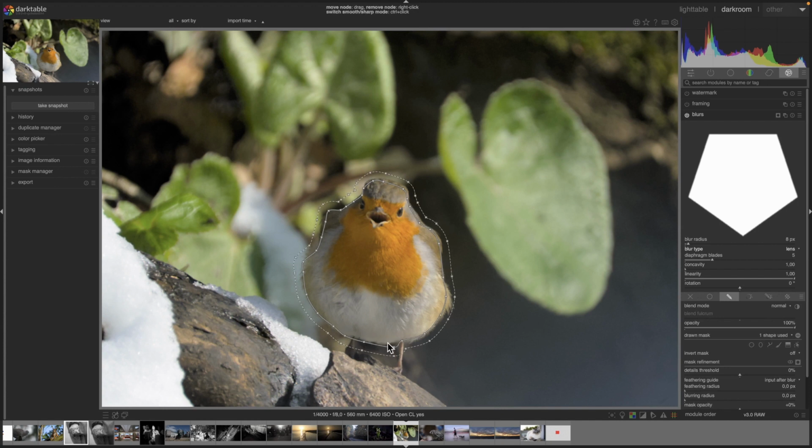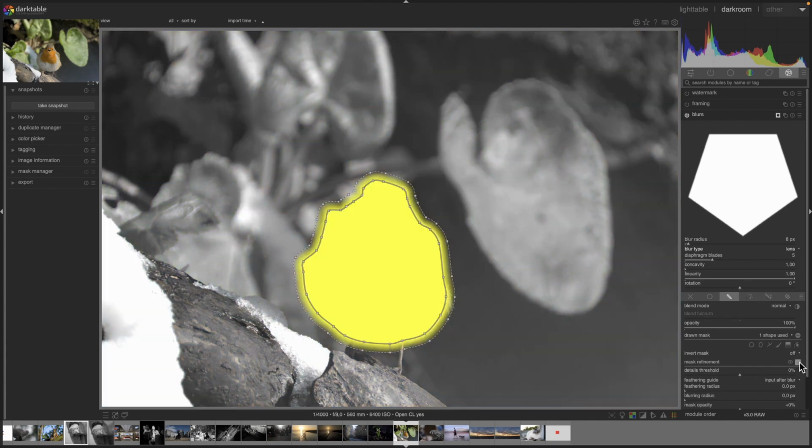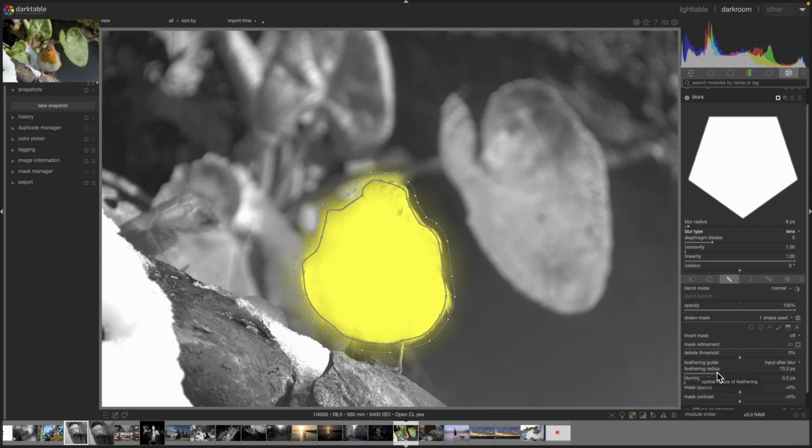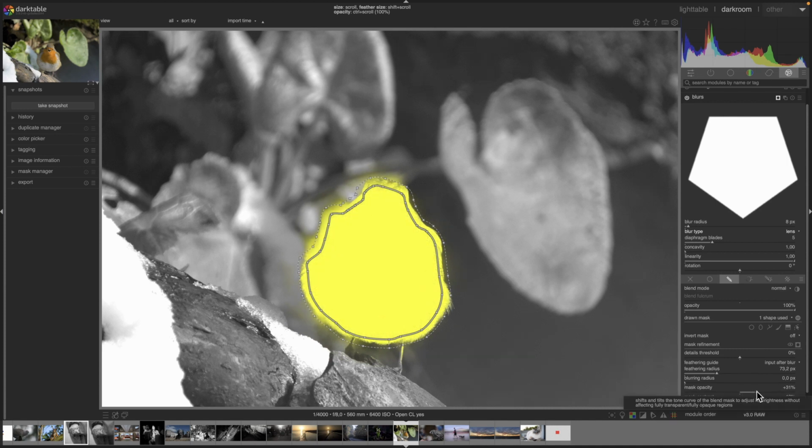Okay, that's not a very good mask, but I'm sure we can get something decent quite quickly if I get a feathering radius. I might make that mask a little bit smaller. I want to keep the detail in the feathers around the side here, especially here on the right hand side, while let's get the opacity up. And I've got quite a decent